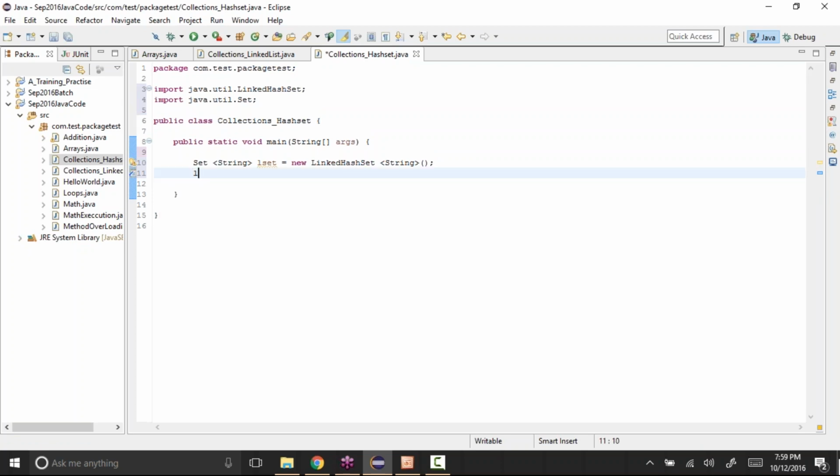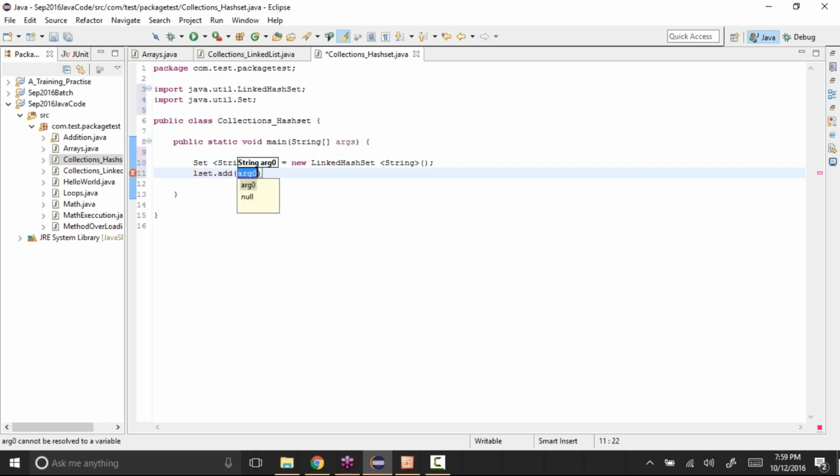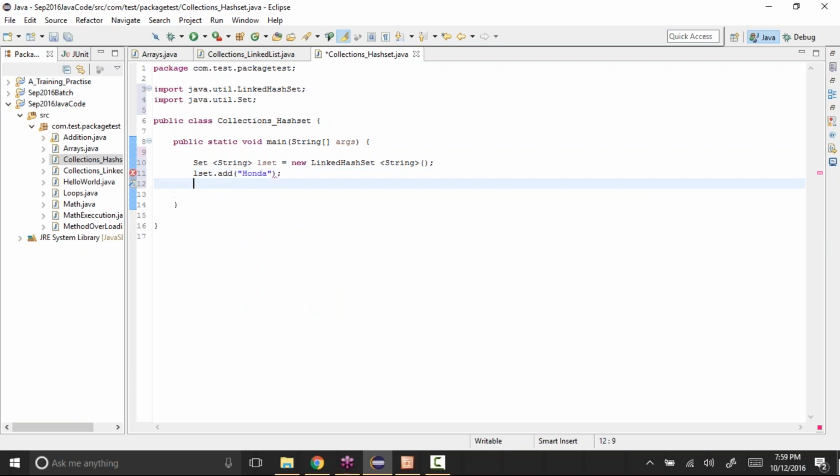Now lset, and same methods again, add and some value to it. Let's say Honda. I can give the same name, so it's easy if you call it cars. And cars.add.